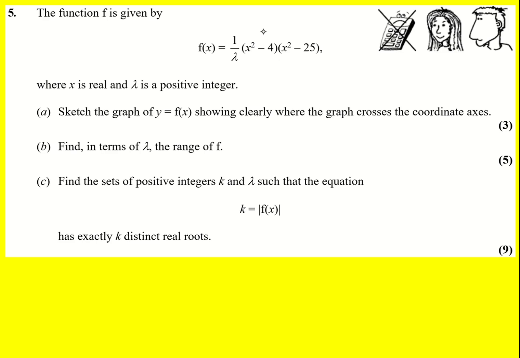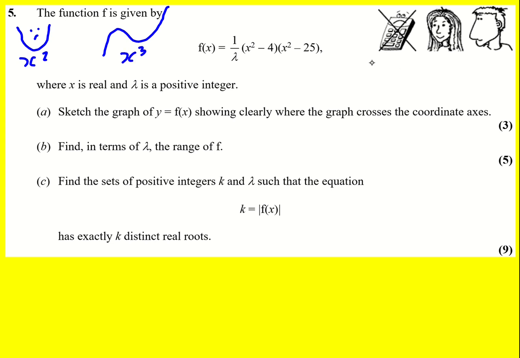Here we have a quartic function that we need to sketch. Now lambda is positive, so I'd call this a positive quartic essentially. A positive quadratic will be a bit like this, sometimes referred to as a smiley quadratic, 2 roots. A positive cubic with 3 roots would look like this,